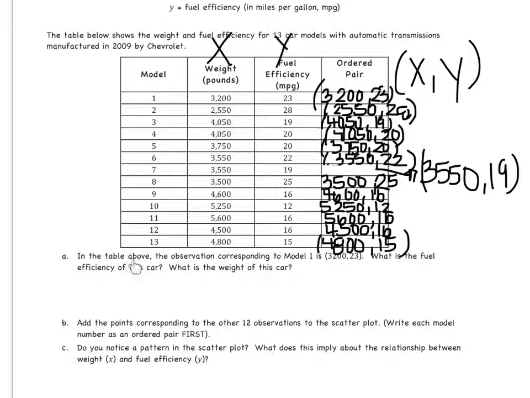All right, so in part A, in the table above, the observation corresponding to model 1 is 3,223. What is the fuel efficiency? Remember, fuel efficiency, you look back at the top of your paper, fuel efficiency represents Y. So my ordered pair, Y is 23. So I would say fuel efficiency